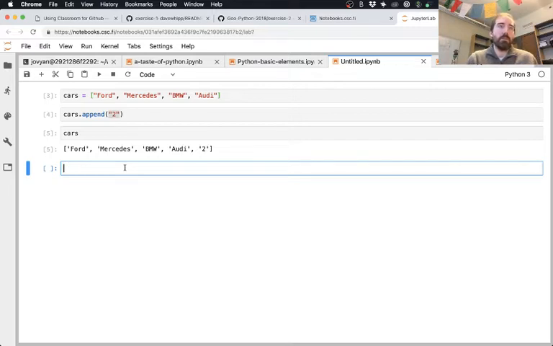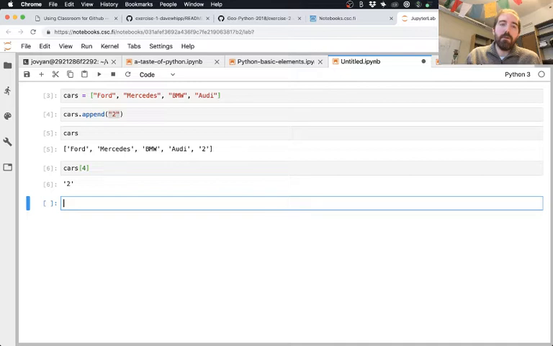Those can't easily be represented as numbers. But if you wanted to have this number 2 actually be the number, you could do that. The way to do that is to use the index. First, we have to figure out where we want to make the change in our list. If you remember that the Python index starts at 0, so we're looking at 0, 1, 2, 3, and here at index number 4, we should have our number 2.